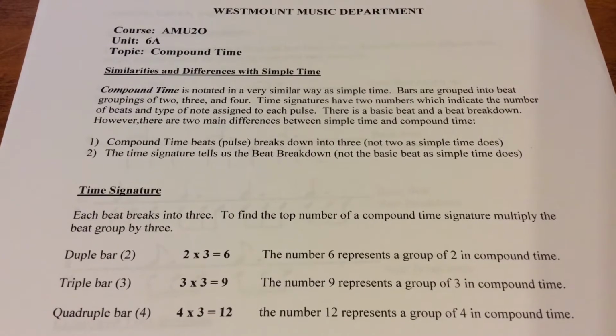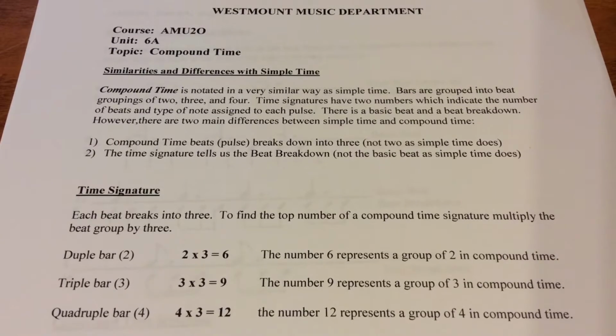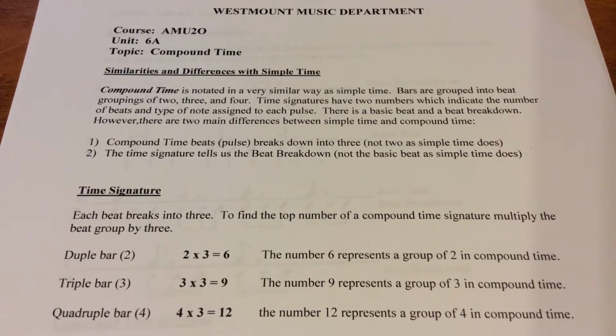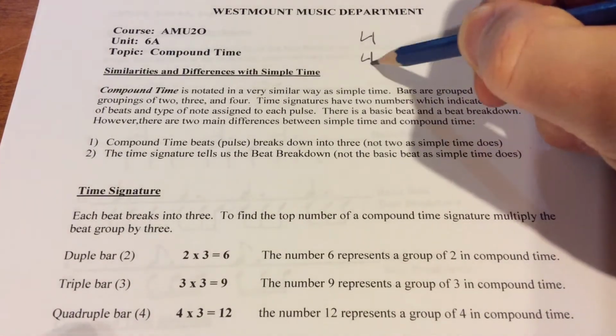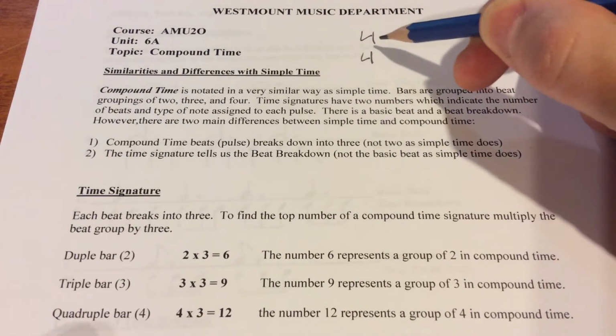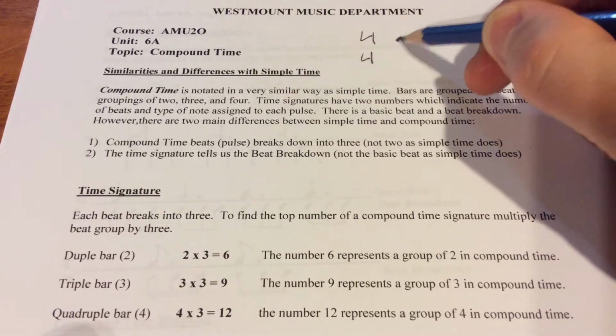Last year, in grade 9, the concept of simple time was what we dealt with primarily, and that was referring to if we had a time signature such as 4/4, for example, we're dividing the pulse, or the quarter note, into groups of 2, basically. So a basic beat. Remember, like 4/4, we said the basic beat is just simply going to be 4 quarter notes,